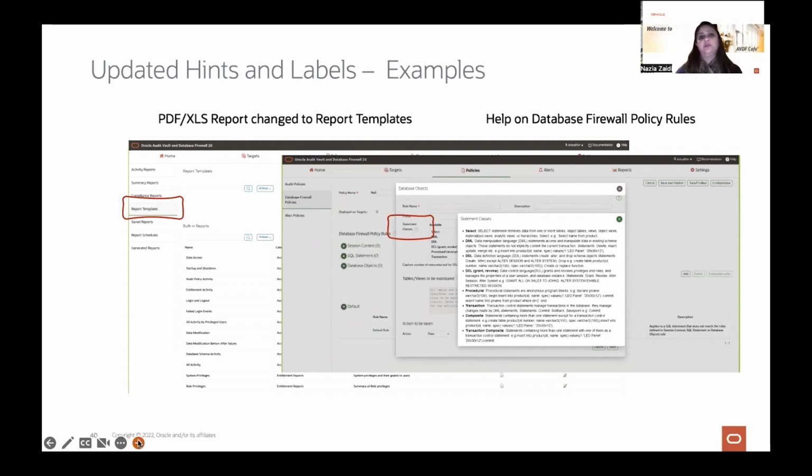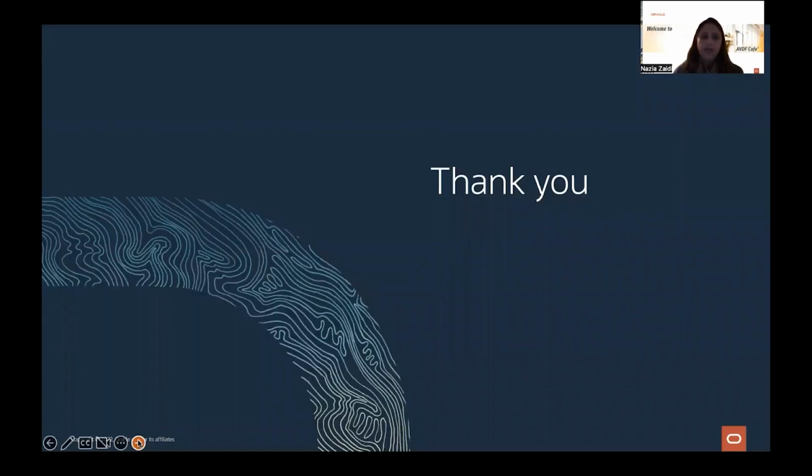For example, if you are selecting a statement class, what each class means, etc. So we are trying to create a lot of help hints so that your user experience improves here.